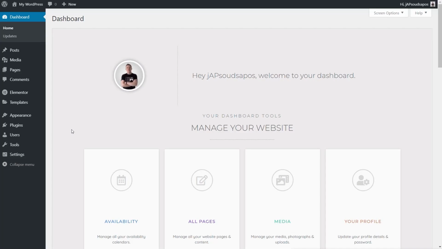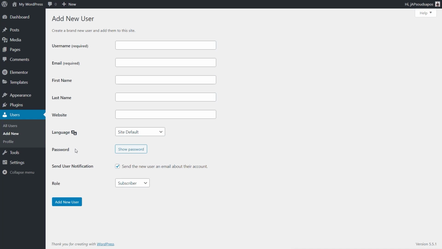So for example, as we just saw in the previous section, you can set up a different dashboard for different user roles. So to set up user access roles is really easy inside WordPress. You can either set it up when you create a new user for your client, or you can set it up retrospectively once you've set that up for any of your clients' accounts. So to do it, we need to go into users, and for this example, we're going to say add new, but you could do all users, and that'll show you a list of all the users, at which point you